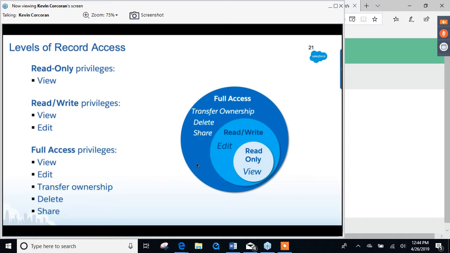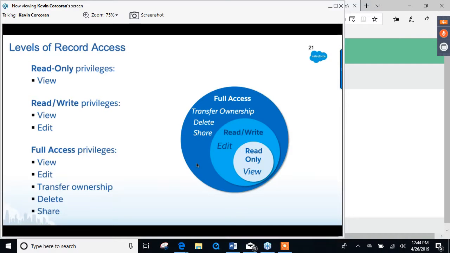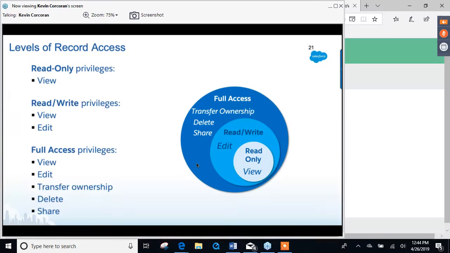The owner is the only person that can change the record type for it. The owner is the only person to delete the record, and the owner is the only person that can use the one-off or manual share button on a record. Now, this ownership is defined, and we should know, by the person that owns the record, or